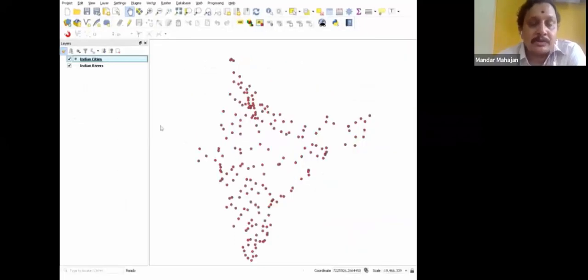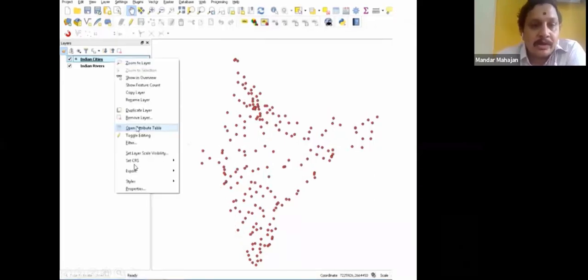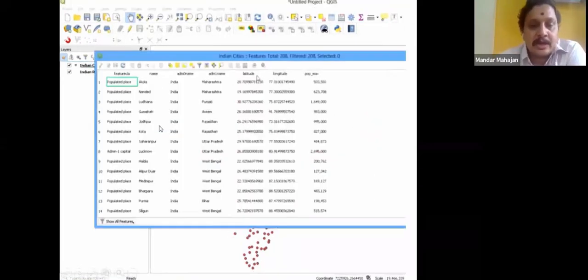Now one more example. Suppose there is the distribution of cities on the India map. Here we want to analyze which cities actually lie nearby the Indian rivers. So there we can see two features, Indian cities and Indian rivers. Okay, so we open the attribute table, the data for this.